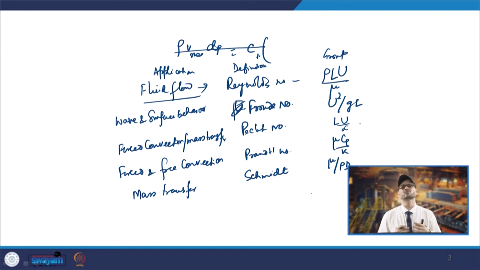You will also come across other numbers, like the Richardson number when we talk about convection or natural convection, especially when we deal with heat transfer cases. In those cases those numbers also come into the picture, and these are the groups that are going to be dealt with when we deal with those cases. Now, it has been reported that when you use these various dimensionless numbers or groups,